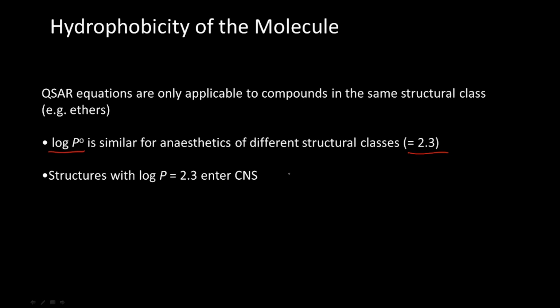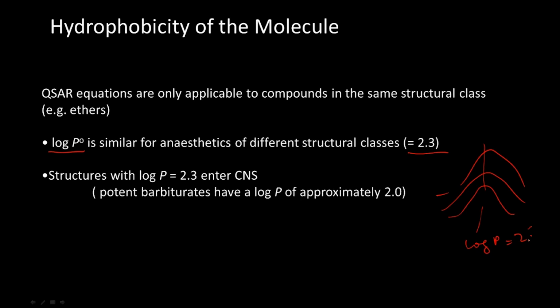So for many classes of anesthetic drugs, even though you may have different types of graphs, the log P comes out to be approximately 2.3. This is a very important point you need to keep in mind. Barbiturates have a log P of approximately 2. This number is quite interesting. If you want to avoid CNS side effects, we need to be away from 2, either lower or higher, so that it doesn't pass the